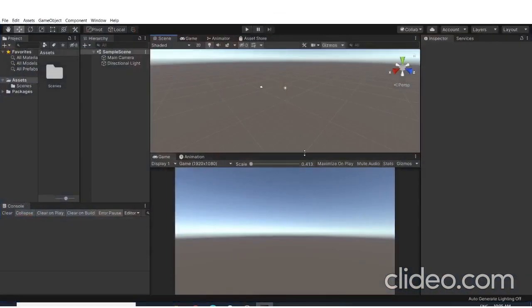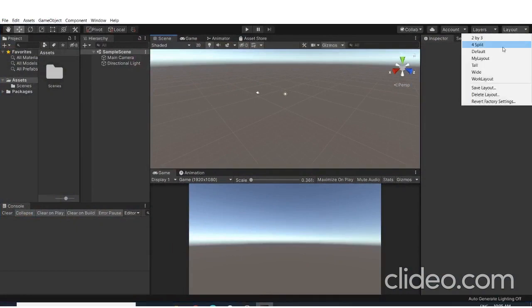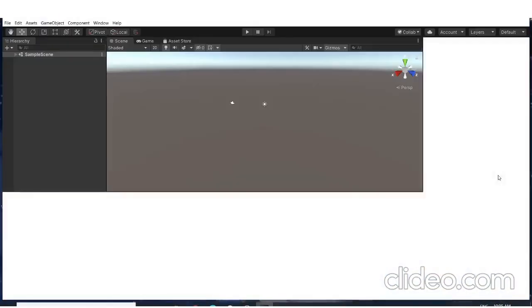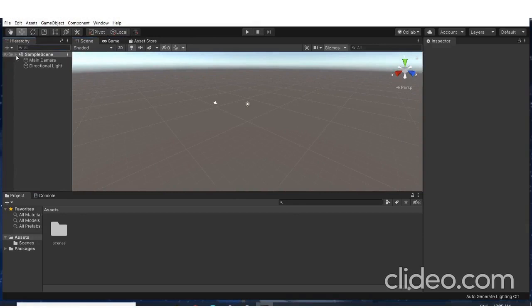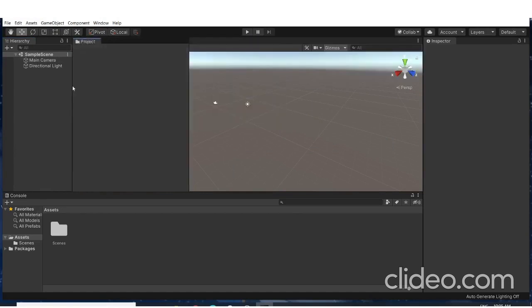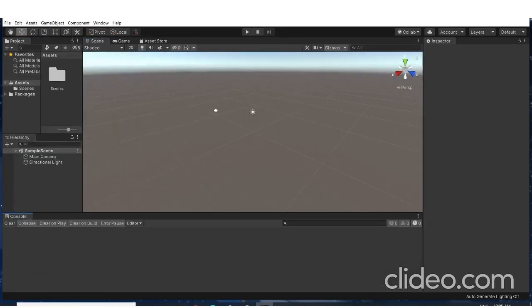The window you will see looks like this by default. This is the environment you will see when you open it for the first time. You can arrange it the way mine looks, because I feel comfortable in that environment, just by dragging and dropping these windows.